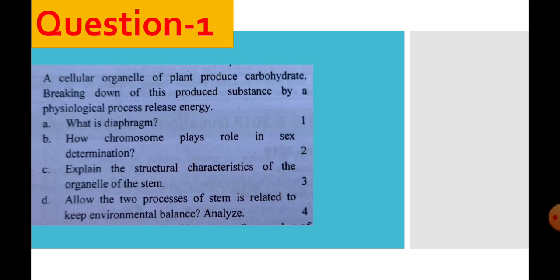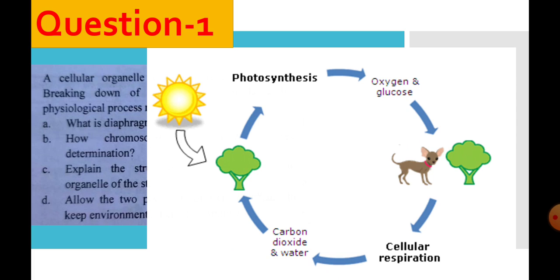In D, here the two processes of the stem are related to keeping the environmental balance. It is said that the two processes are photosynthesis, and the second process is cellular respiration. Both the processes are interrelated to each other. Here you can see